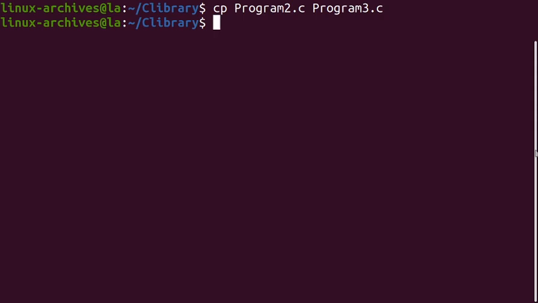Now let's create an object file for creating the shared library. For this we will again use gcc -c program1.c -o. I will name the file shared.o.